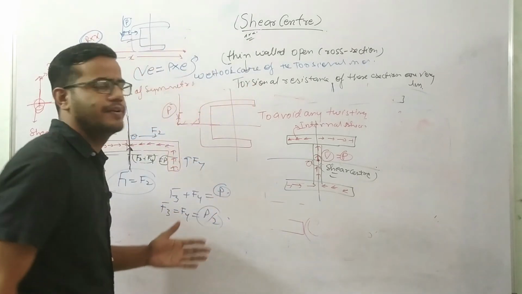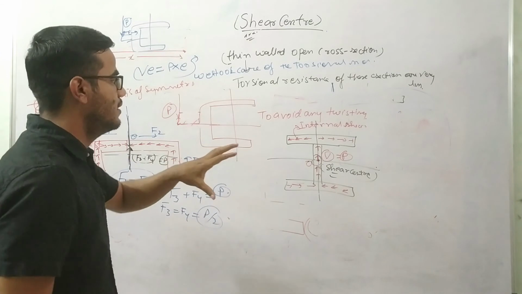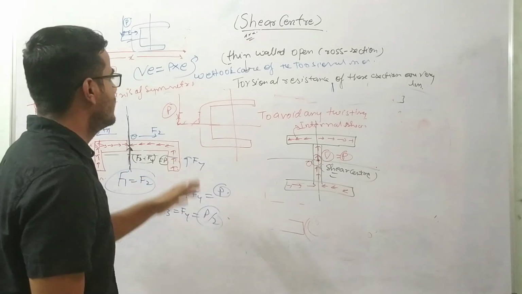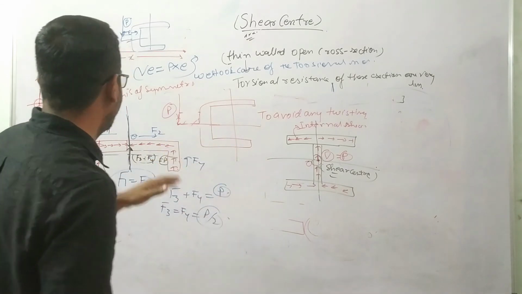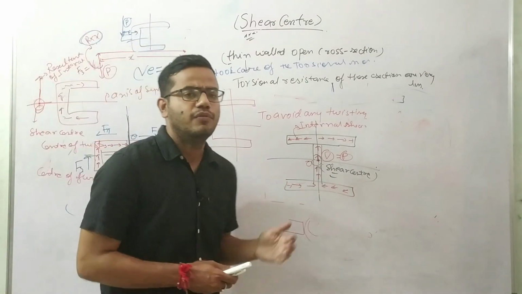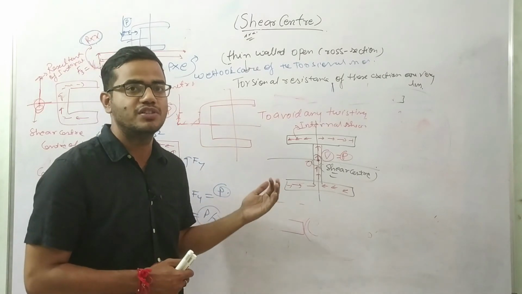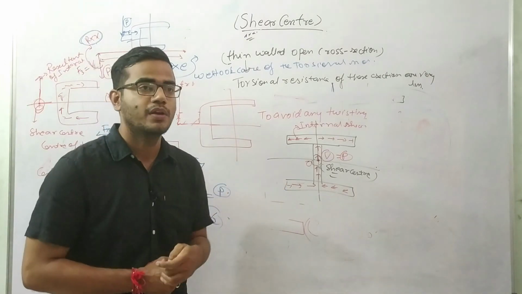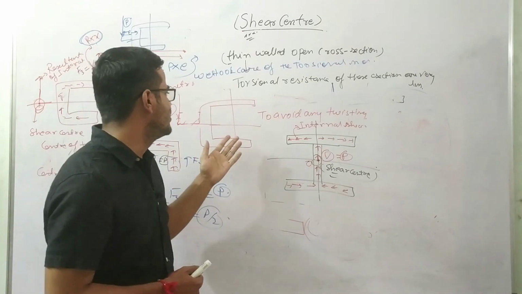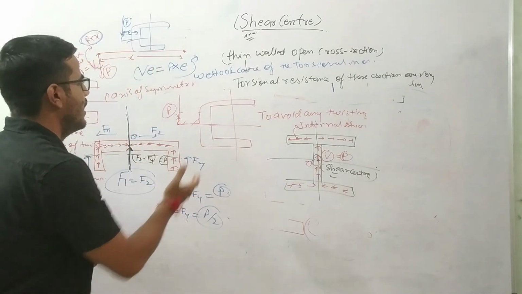Okay, so this is the basic idea of the shear center. What is the meaning of shear center? How the torsional resistance is taken care of. This thing I want to tell you. I hope I made my point clear over here. Okay, and in the next lecture we'll see some problems on how to calculate the shear center for the cross sections. Okay, so basically the shear center will be important in case of the unsymmetrical section,